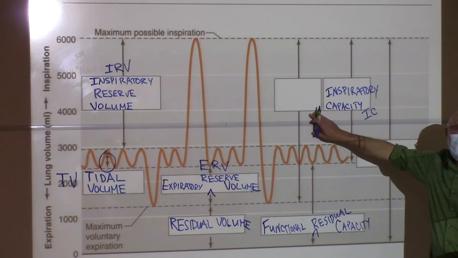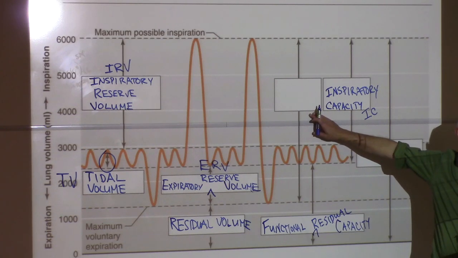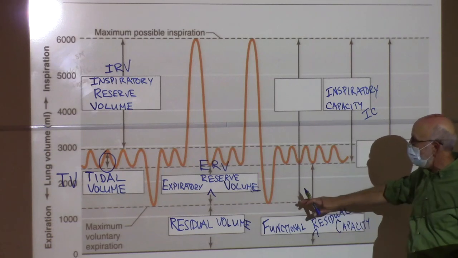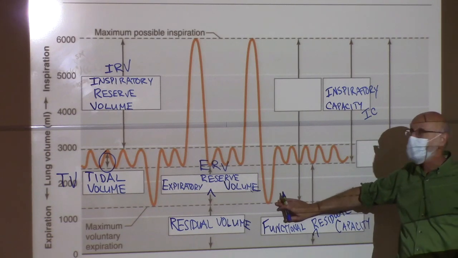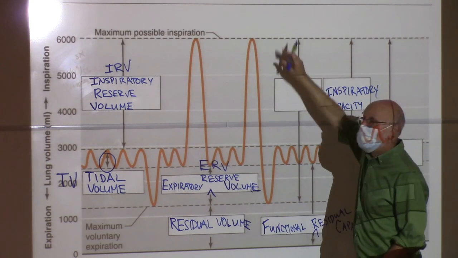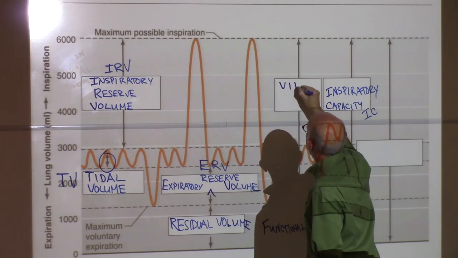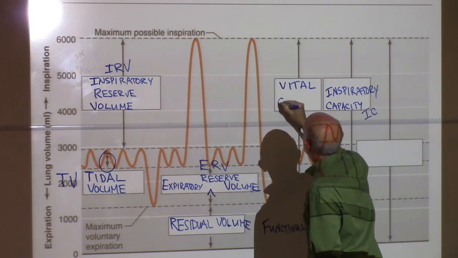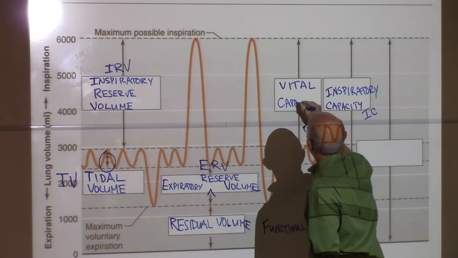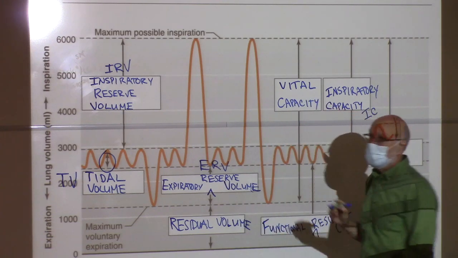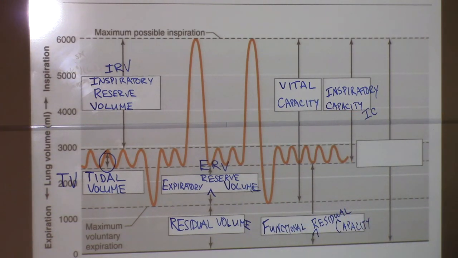Is this a volume or a capacity? Capacity. This is the capacity from maximal expiration to maximal inspiration, and it's called the vital capacity. That's an important measure of your lung function, because it's the volume your lung can move. It combines the anatomy of your lung with the anatomy of your